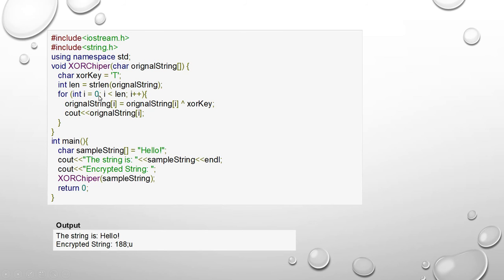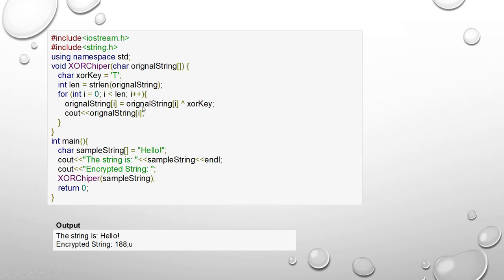So now i is 0 and i is less than the length, which we find by using strlen. String length is an inbuilt function through which you can find out the length of a string.